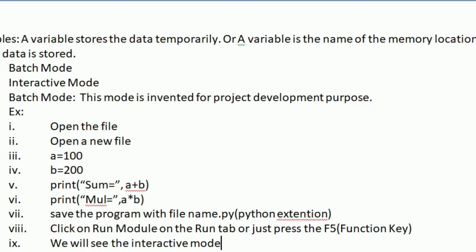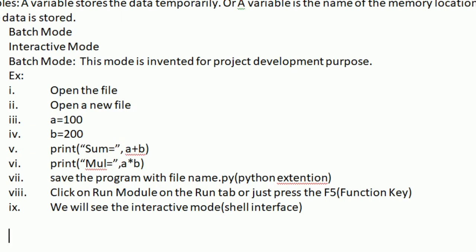Here we find the resultant value which is written in batch mode. So interactive mode is basically a shell mode.